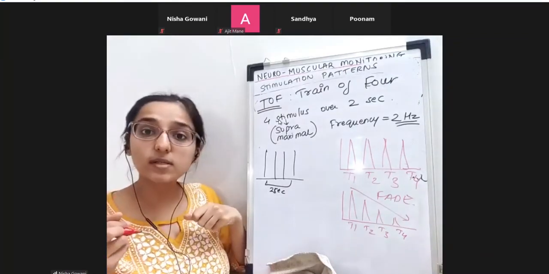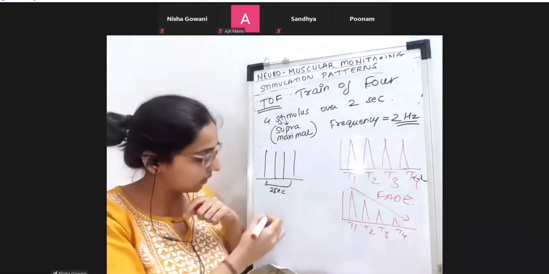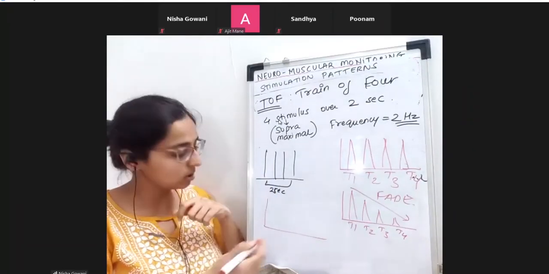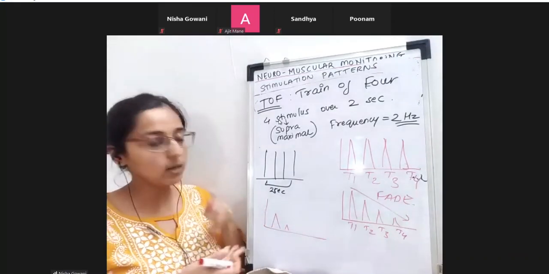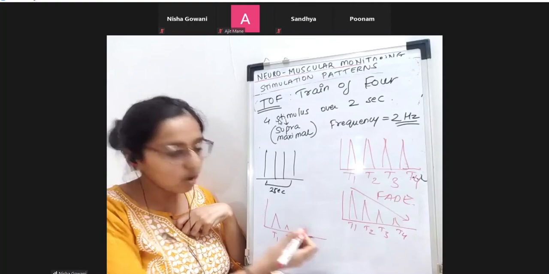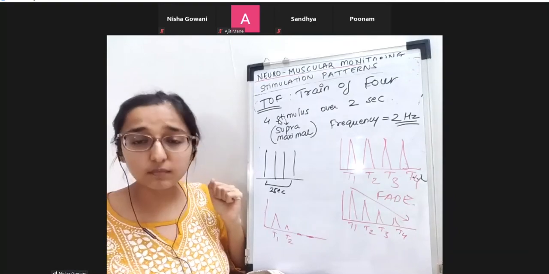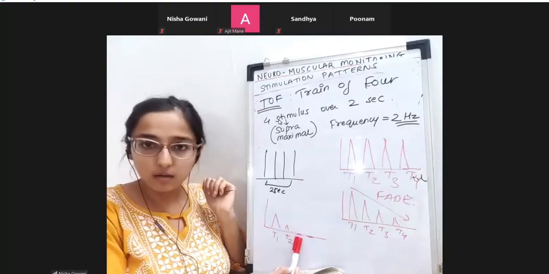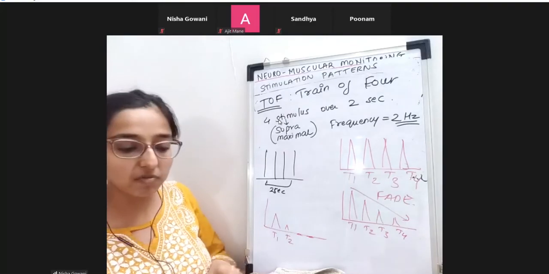Now, after 2 minutes, again I pressed the button. I'm not ready to wait. I want to press again. So I'm pressing the button again. Again, 1, 2, 3, 4 currents went. Again, contraction will occur. Now I am seeing, finished. I'm getting only this on the monitor of my machine. I'm seeing T1, I'm seeing T2, T3, T4 gone, disappeared. Now you tell me what has happened here. Now the 4th twitch, not even the 3rd, has come. So now we will understand what is TOF count. So what is TOF count?